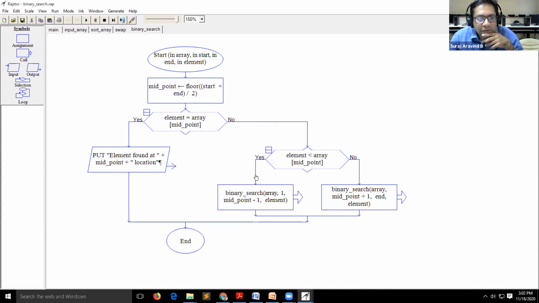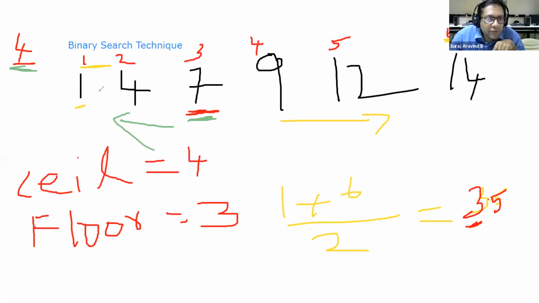This is when you are searching for the lower end part. If no, for the higher end part, again the array. This time the starting index will be middle point plus 1, and the ending index will be the end part. So if I share this again, if it is for the lower part, I need only these elements.